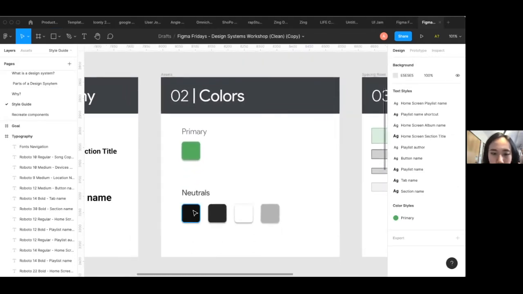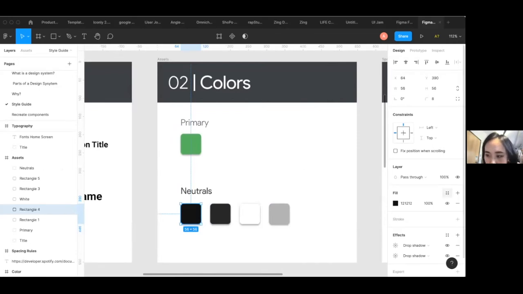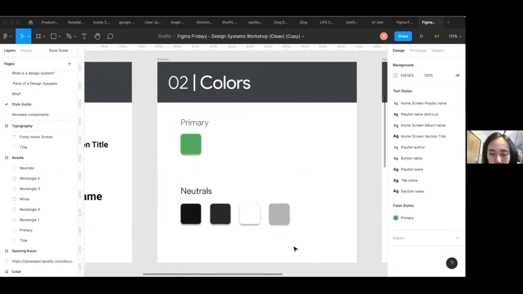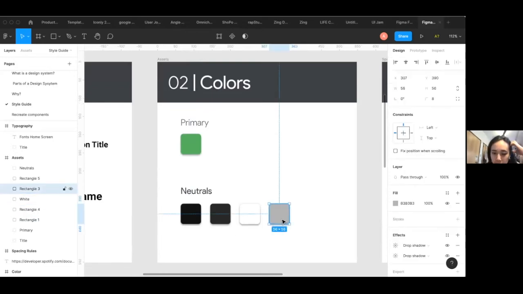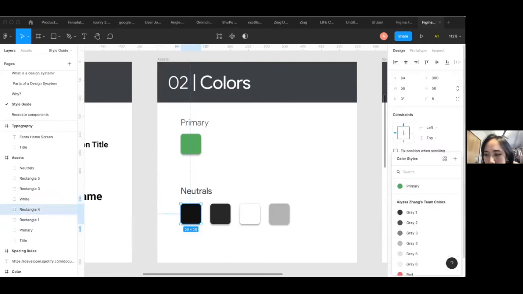And then for neutrals, we can also save these as styles. So for neutrals, Spotify has a lot of blacks, so I personally would name them by how black they are. So it might be black 100%. This one would probably be black 75%. This one would be gray, and then this one would be white. But yeah, when there are different shades, you can name them as percentages of each other if they're close enough. So this one, I'll make it